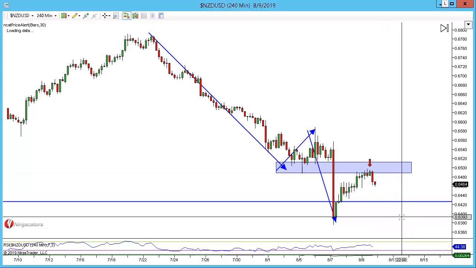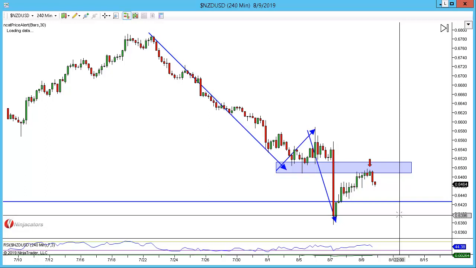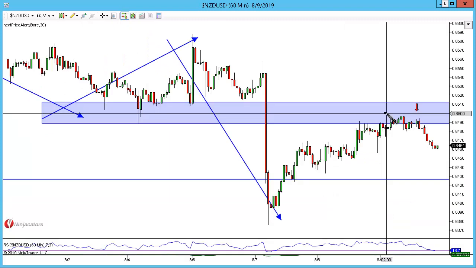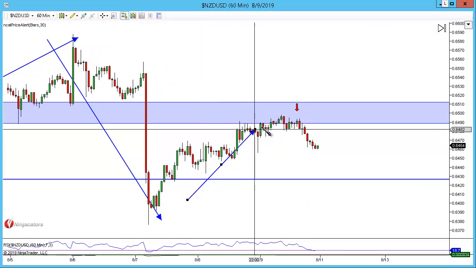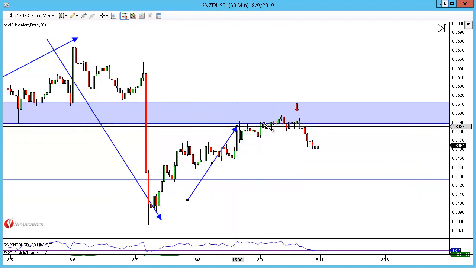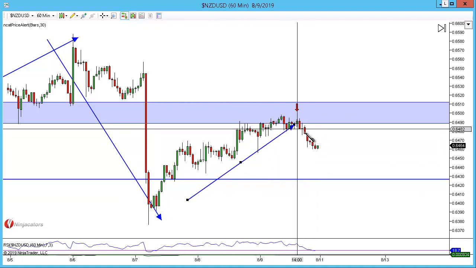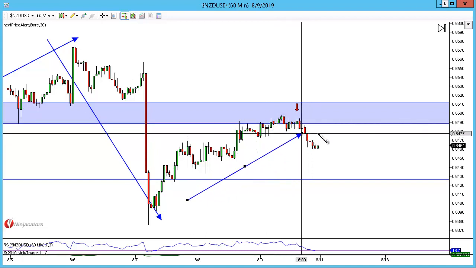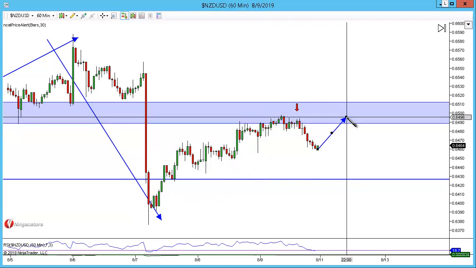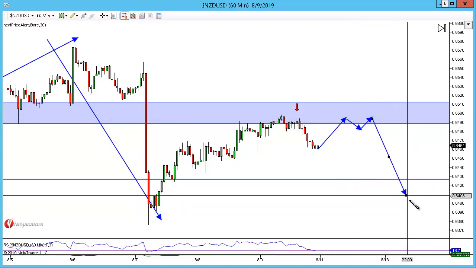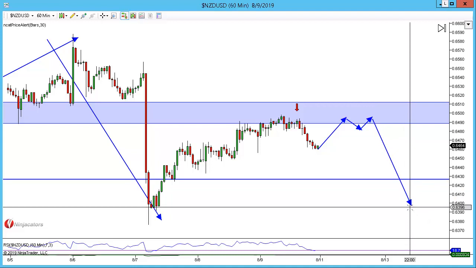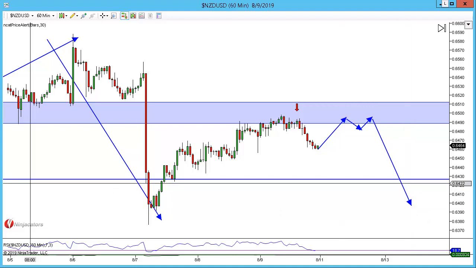Now if we drop down to the 60, unfortunately it's not provided a safe place for us to hide stops. Currently our stop would have to go above here, but if we look at it here on the 60, you can see price has been coming up, and it looks as though we're running out of steam. We're starting to arch here, but there's no double top. There's no way here of me getting involved with the trade. So we're going to wait for another pullback, see if it then provides a double top or a head and shoulders, and look for a shorting opportunity on that currency pair. Let's go and take a look next at the